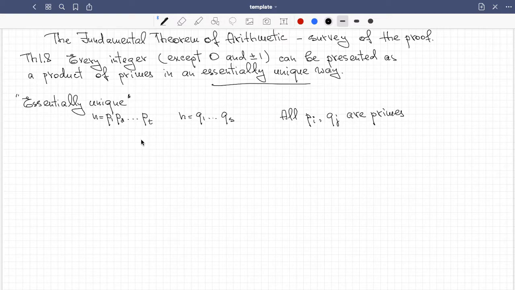So the first claim is T equals S. If I write it in two ways, that implies T is equal to S, the total number of factors is the same, and possibly after reordering,